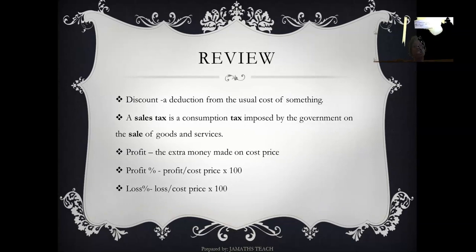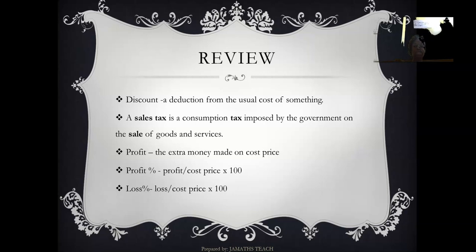Okay, so based on the topic, let us review. A discount is a deduction from the usual cost of something. A sales tax is actually an addition to the cost of something. So it is a consumption tax imposed by the government on the sales of goods and services. Profit is the extra money made on the cost price, while loss is the money you lose from the cost